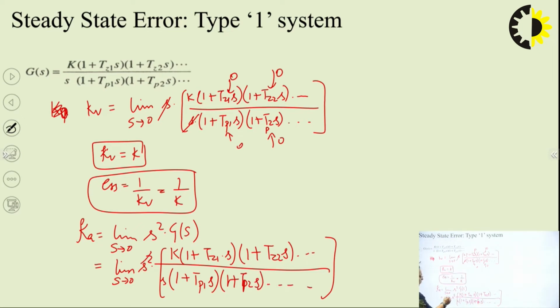So in the numerator the power of s is 1, and the s in the denominator cancels out; still I am getting s in the numerator. So the value of Ka after putting limit s tends to 0 will be